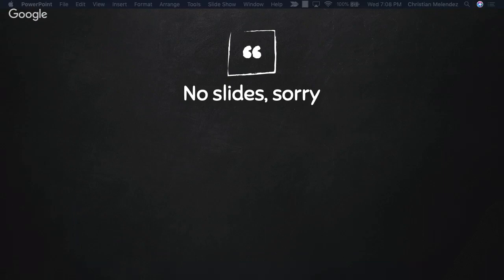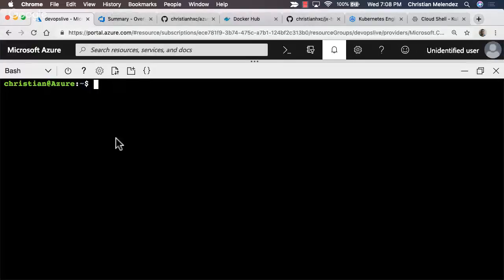We're gonna jump here, and I'm gonna show you. So here I'm in the Azure portal, and this is the Cloud Shell that you will have for Azure. You can see that, right? And this is gonna be the Azure DevOps.